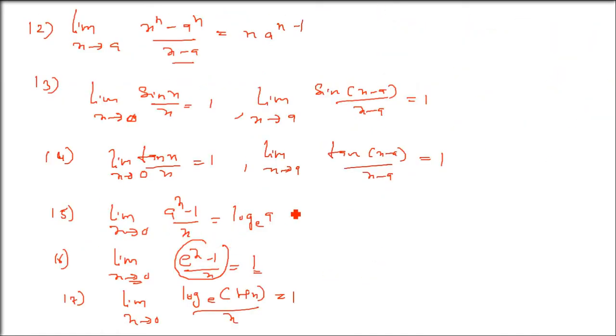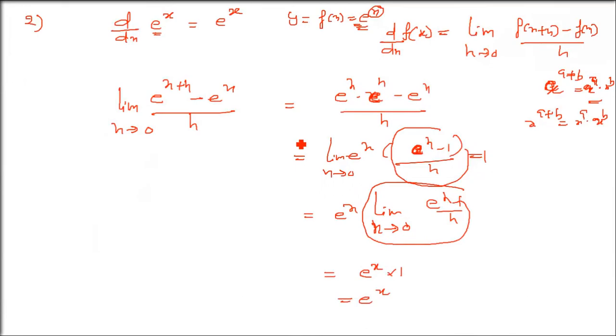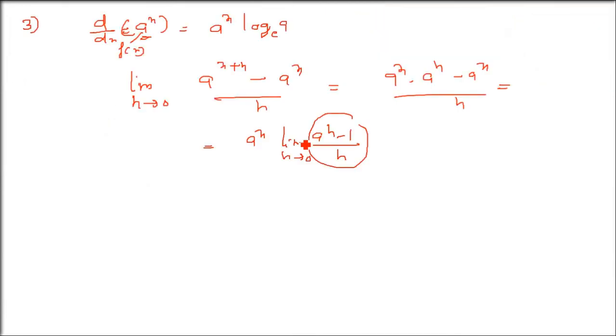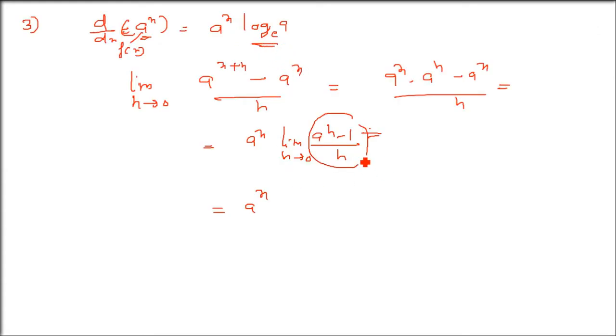A to the power h minus 1 by h is what? Log a. Base is e and log a. So a to the power h minus 1 by h is log a. Just write it as log a. But base is e. Let me just show you here, because we already did this. This is log a, base is e. So now just replace this. So this is log a, base is e. Please remember the base is e because the next question will be changing now. This log will have an effect.